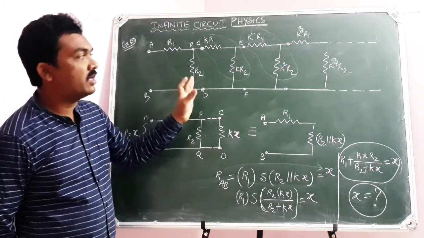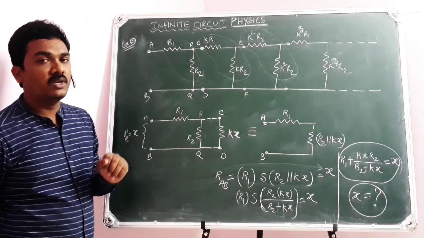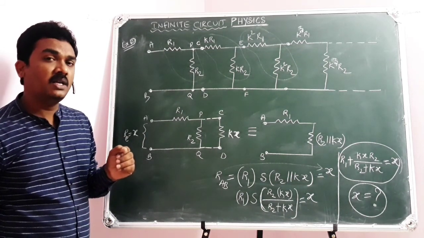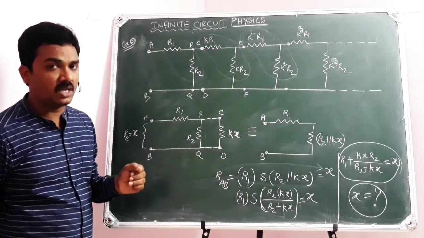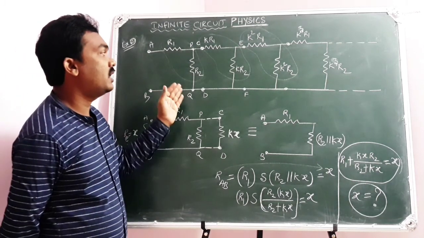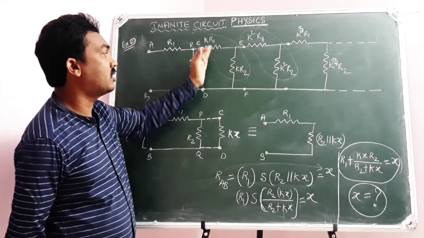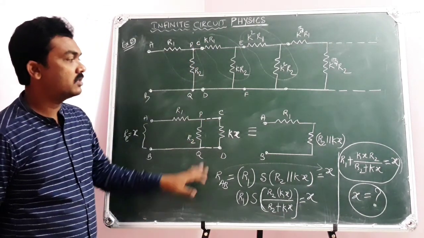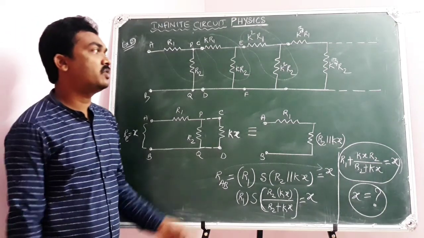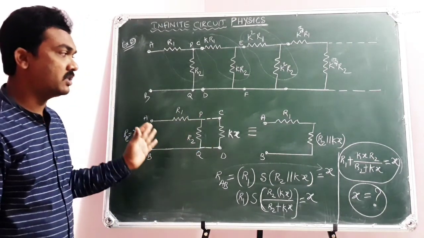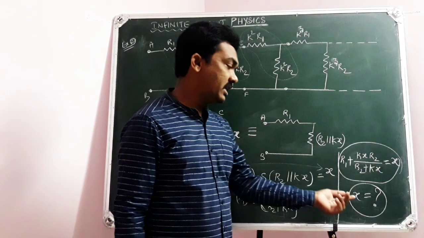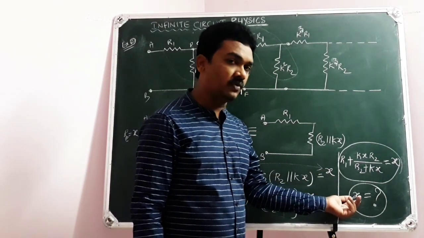So, in a chain of infinite resistors, if each element is obtained by multiplying the preceding one with K, then automatically the equivalent resistance across the points will be K times. This is another, different approach with a combination of infinite resistors. Hope you have understood. Only one thing, I didn't finish the calculation part for x, which you need to finish.